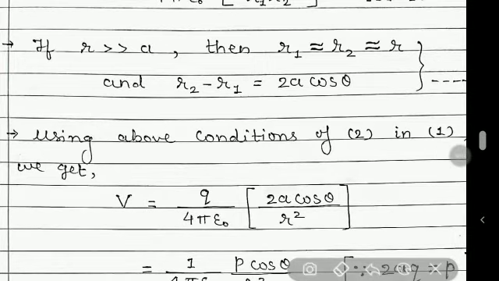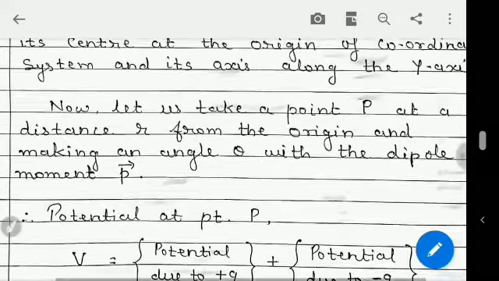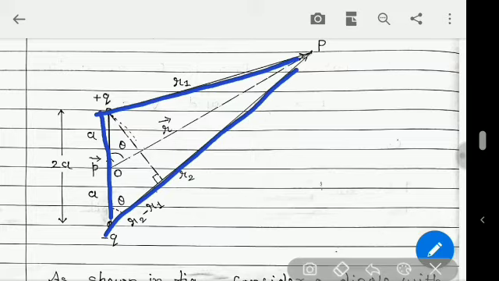Now students, let me explain why r2 minus r1 is equal to 2a cos theta. Let us see that figure once again. In this figure, concentrate on this triangle. We know that if we want to find the difference between r1, which is the shortest distance, and r2, which is the largest distance, then from this point